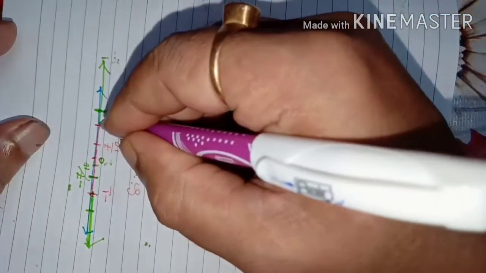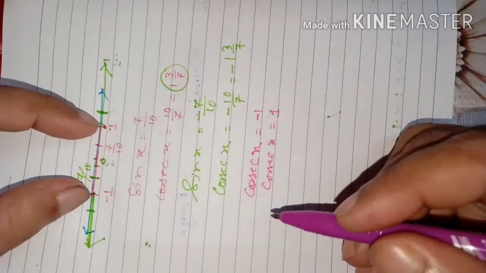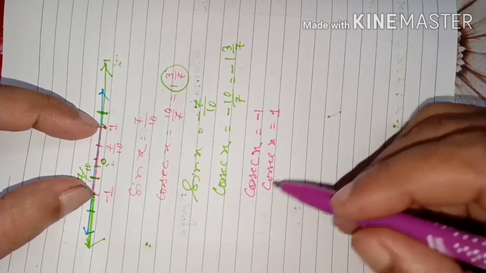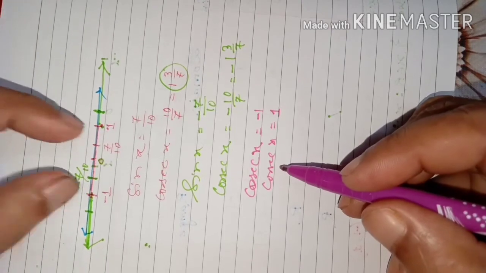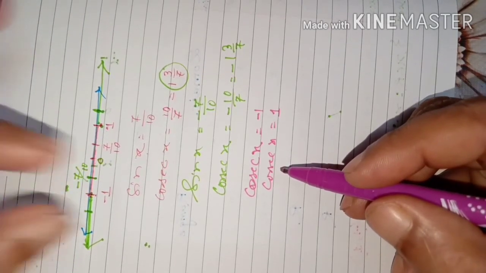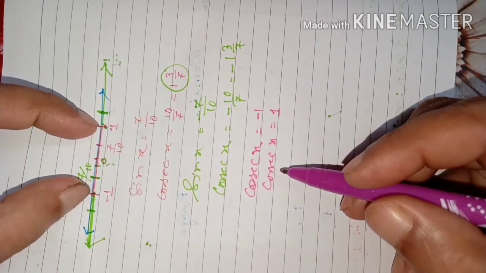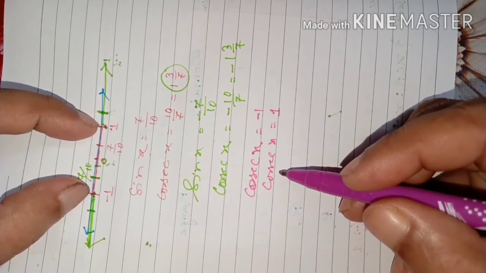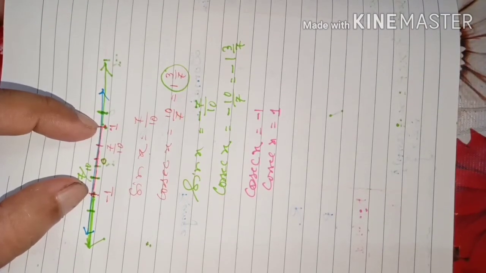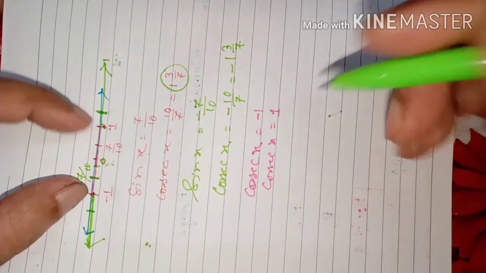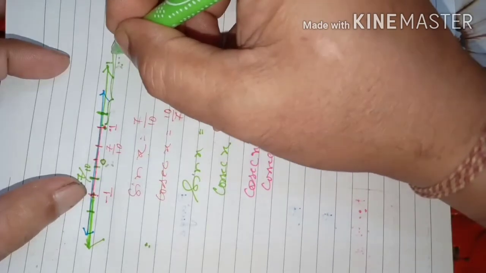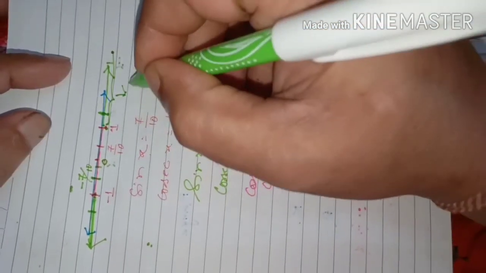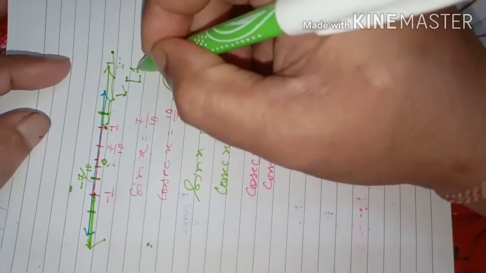That is, cosec also will take these two values, but in between -1 and +1, no value can cosec take. Why? Because cosec will be all the time the reciprocal of sine. Sine is fixed. Sine will always be between -1 and +1, including -1 and +1. That's why when we say the range of cosec function, we have to say this part, which can be represented by writing 1 in interval.